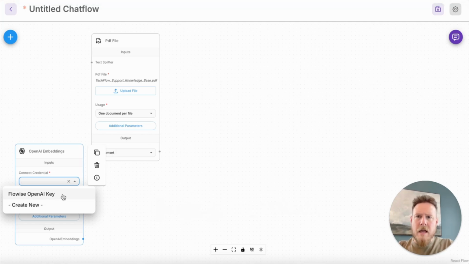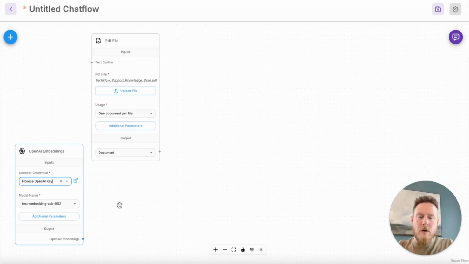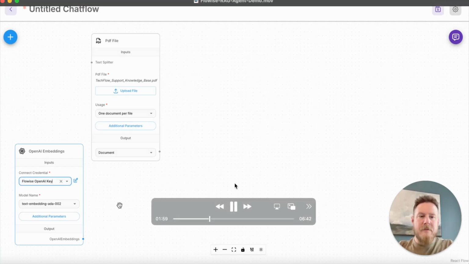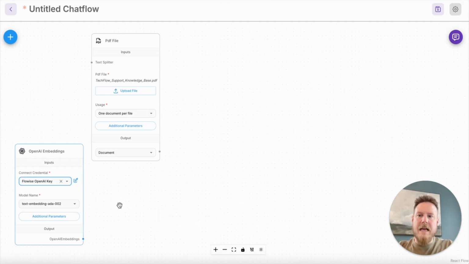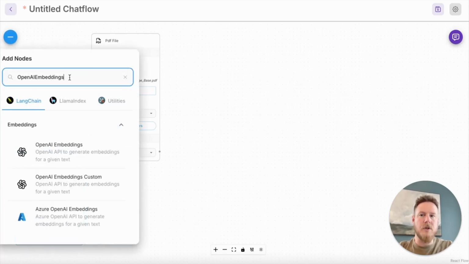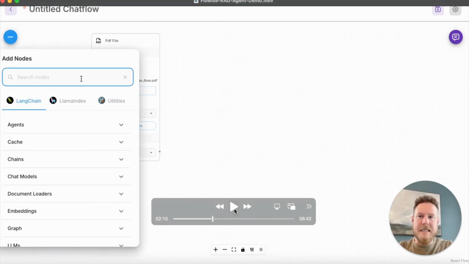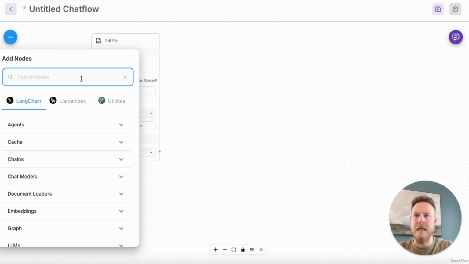And so this is where we have our PDF file, and we are now setting up OpenAI embeddings, and this is what's going to allow for the magic to happen, where when our users or our support POCs have a particular question that they need answered, it's going to be able to run a retriever and search through our documents using the vectorized embeddings through OpenAI. So that's the purpose there.